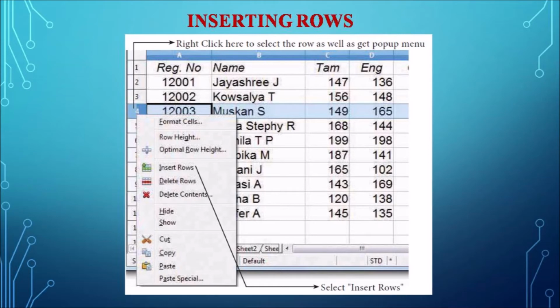And also in a similar way, you can insert a new row from the insert menu. So from the insert menu, you can select the row option. So when you click on the row, the new row gets inserted automatically. So these are the two common ways. There is only a slight difference, just selecting the option will change between the column and the rows. Other than that, the remaining steps are the very same.